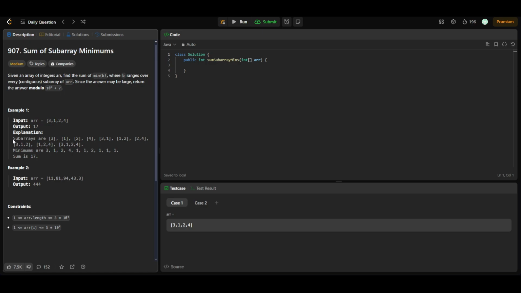For this, what we have to do is maintain a monotonic stack. A monotonic stack basically stores all the values related to something. We might be storing all negative elements in that stack, or all positive elements, or greater elements than a particular index, or all smaller elements. That's how monotonic stacks work. So now let's have